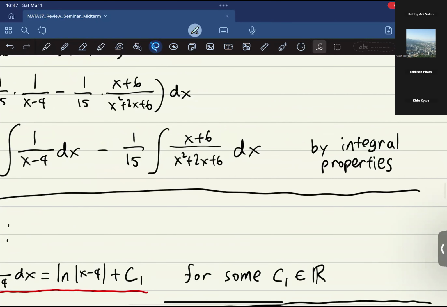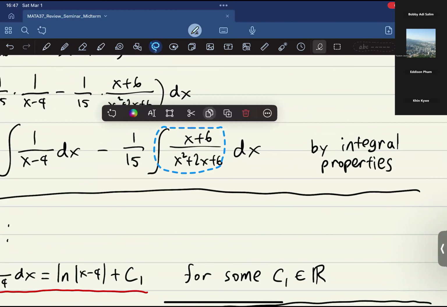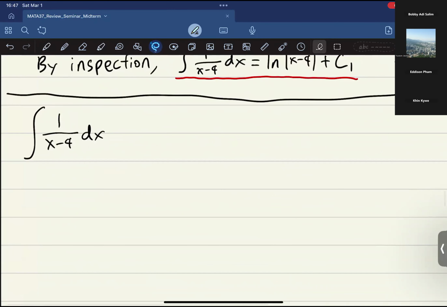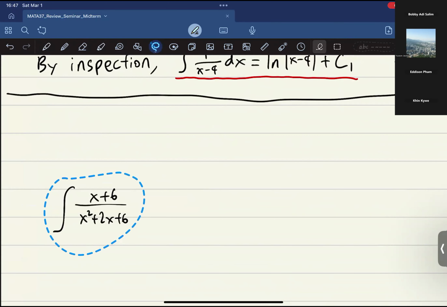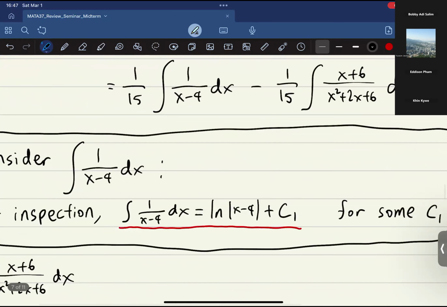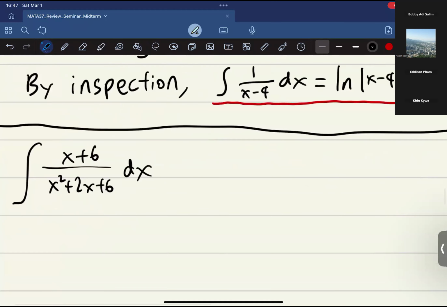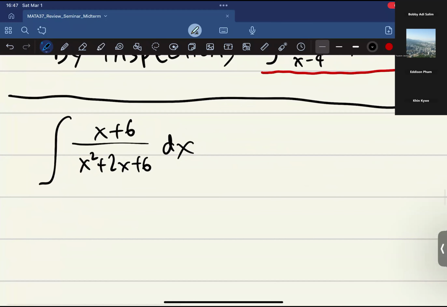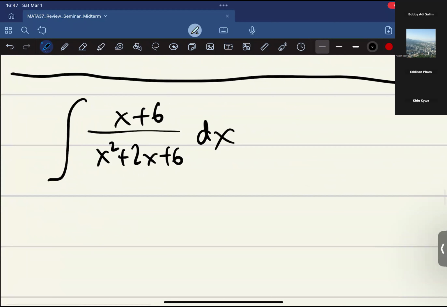Oops, what happened there? Okay. So the first thing that you should notice with this integral,